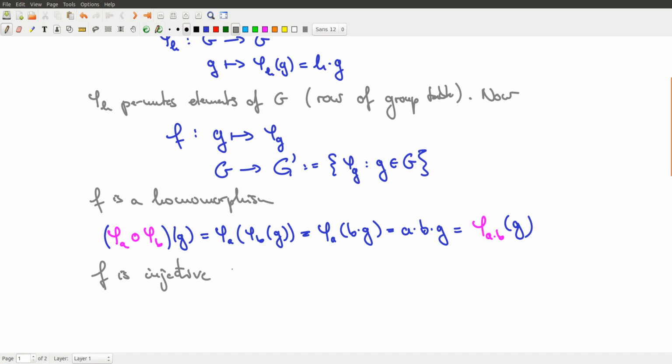Because we said that each of these phi's here, when we apply it to all the group elements, we just get one row of the group multiplication table. And there cannot be two identical maps here in this list of the different phi's, because otherwise we would get two identical rows in the group table, and that's not possible, because then we would have identical numbers in a column, which is forbidden. So it's injective,